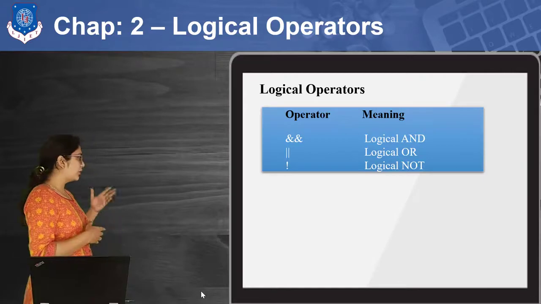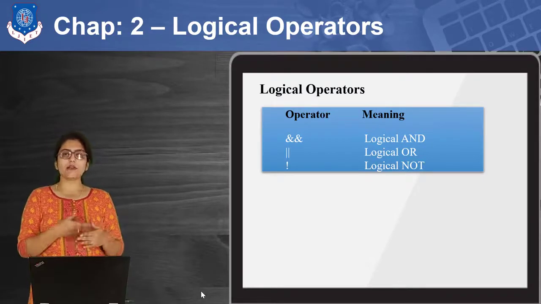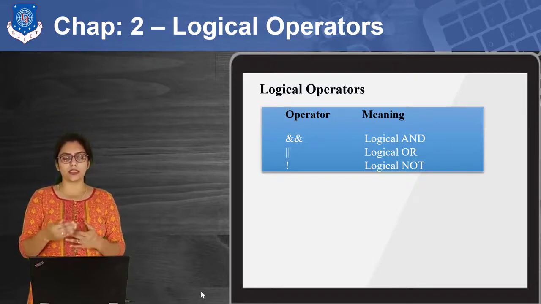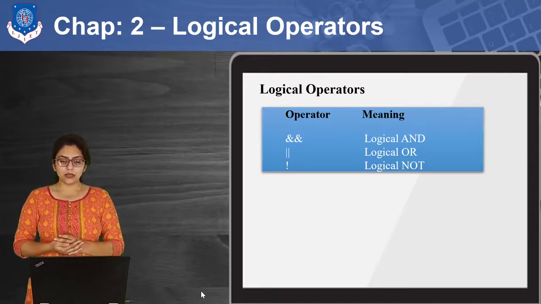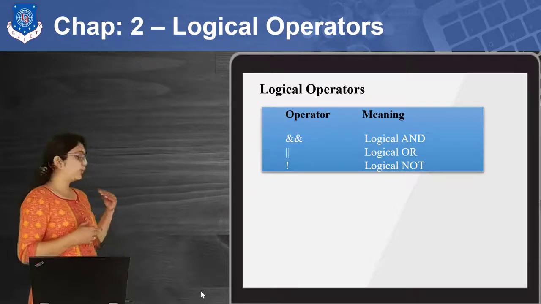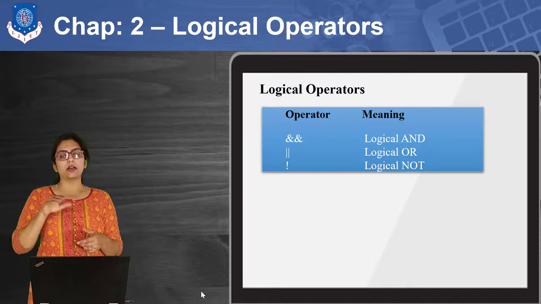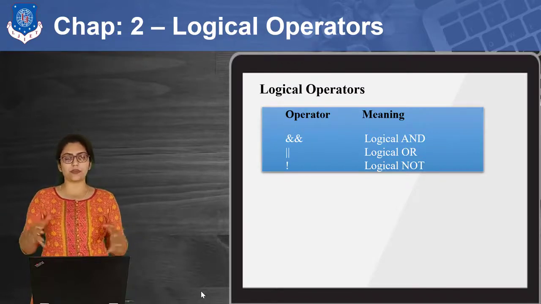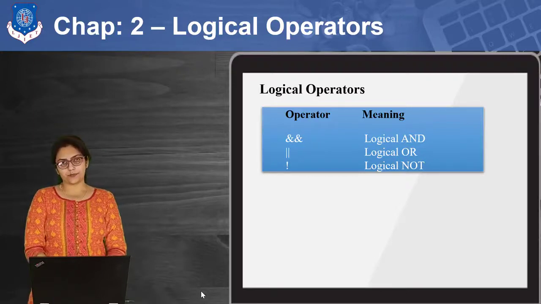And the NOT gate, or the logical NOT operator, is nothing but the inverter, right? So if you are giving 0, it will invert it to 1, and if you are giving 1, then it will be inverted to 0. Here, this NOT operator is a unary operator, because I can use it with a single operand. So make sure that you are clear with the difference between unary and binary operators.